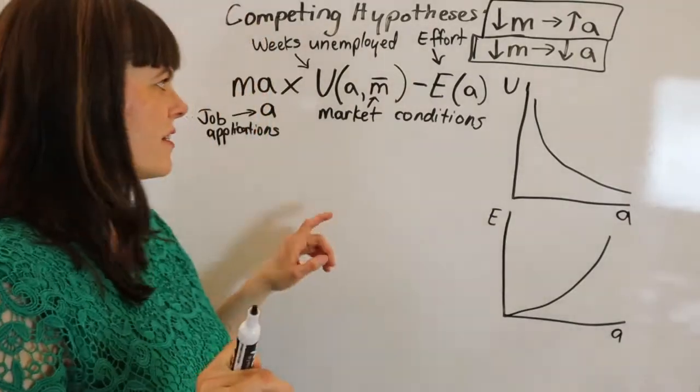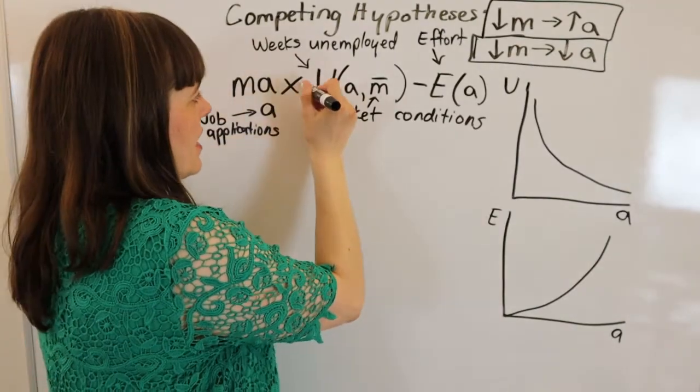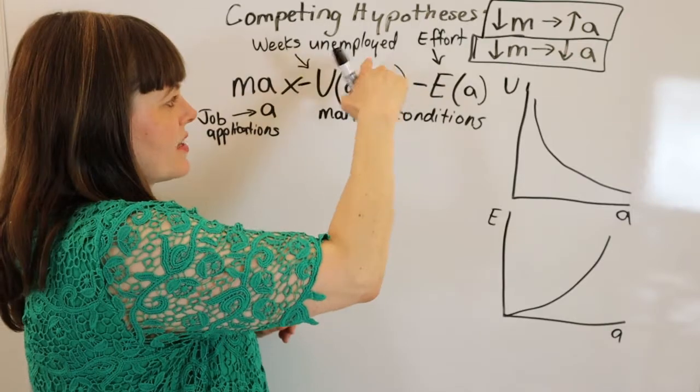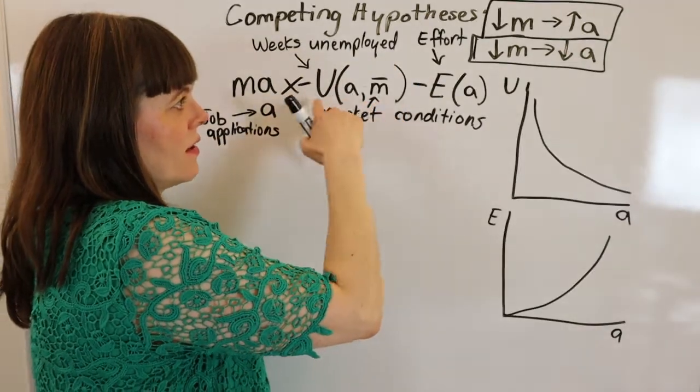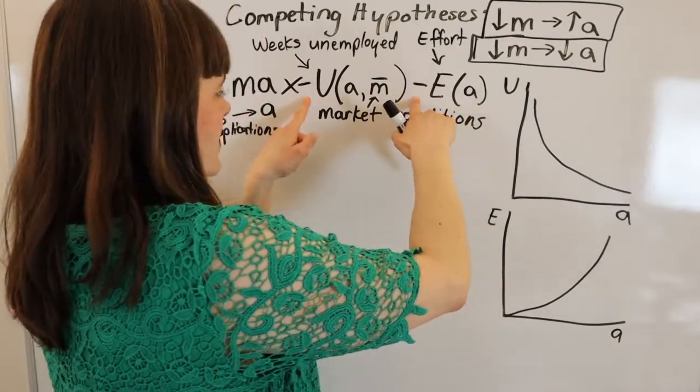All right, a different model. Here we have a slight variation. Here we're maximizing, actually negative. This needs to have a negative sign in front of it since it's a bad thing. Weeks unemployed minus effort costs. And as a matter of fact, since we've got two negative things in here, what we could